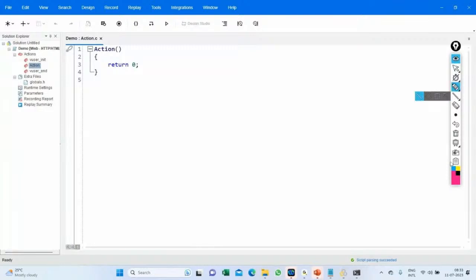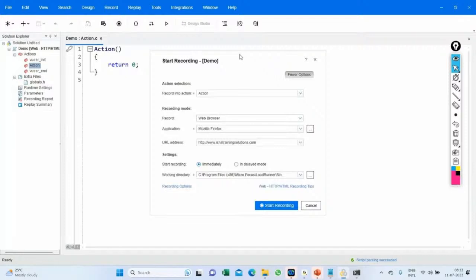So if you want to record the script, there are multiple ways. You can directly click on this record icon, or you can go to this record menu option. From there also you have an option of recording, or you can use a shortcut key of Control plus R. So because we all know we have this icon over here, right? So directly I'm going to click on this icon. Okay. When you click on that icon,